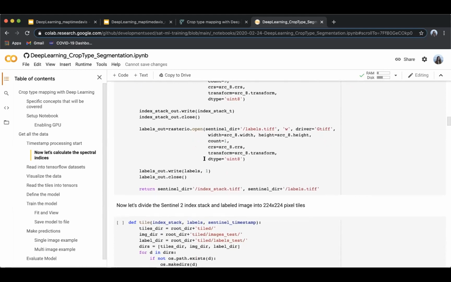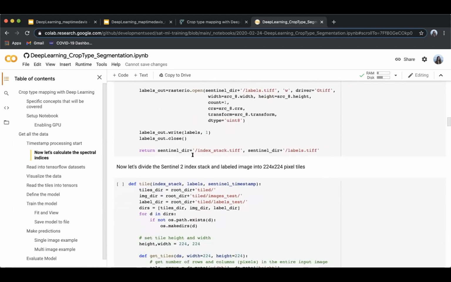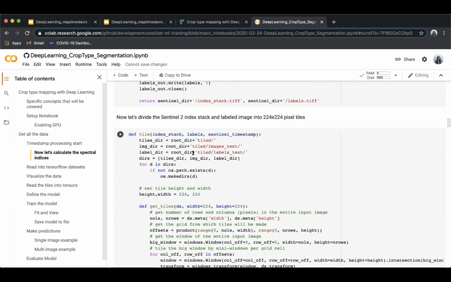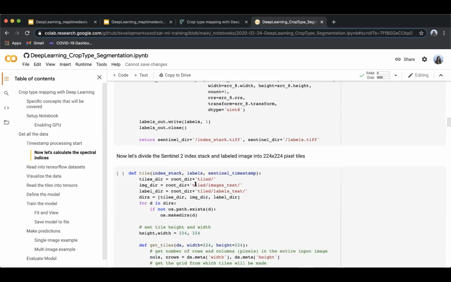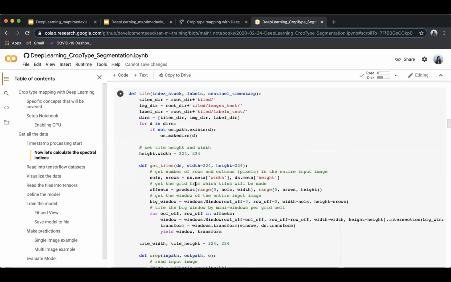Same with the labels array, we're writing that out to file. You're not going to have to do this today because we've already done that, and this block in particular takes a long time. So if you want to do that in your own free time, that's worth it, but not for today. The next thing is we're actually tiling the images, and this is important because, in machine learning,